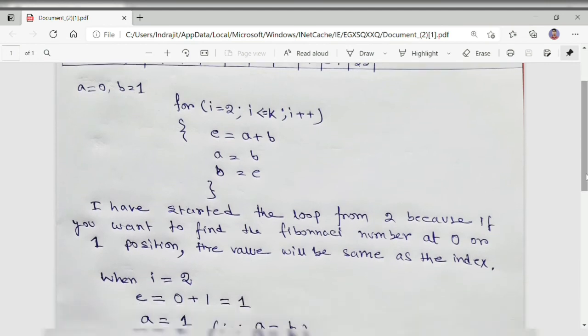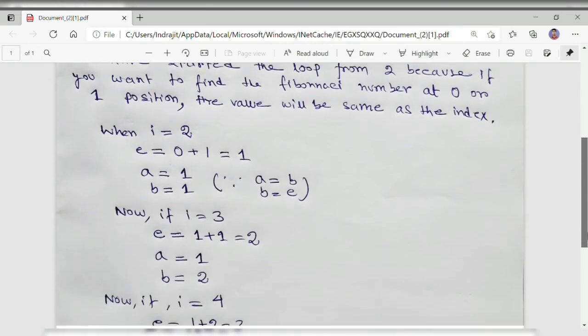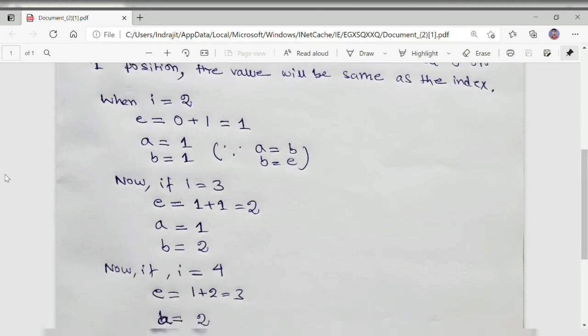And now I'm going to show you how the loop is working. Come here. When I is equal to 2, that means 2 is the starting of the loop. When I is equal to 2, C is equal to 0 plus 1. Why?